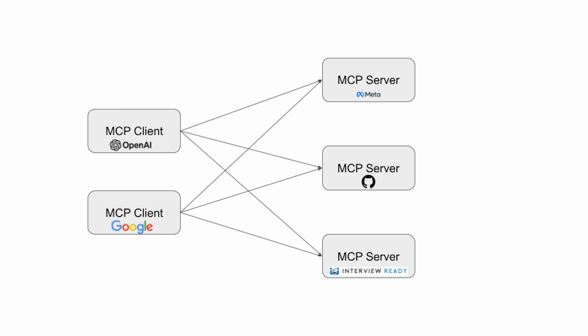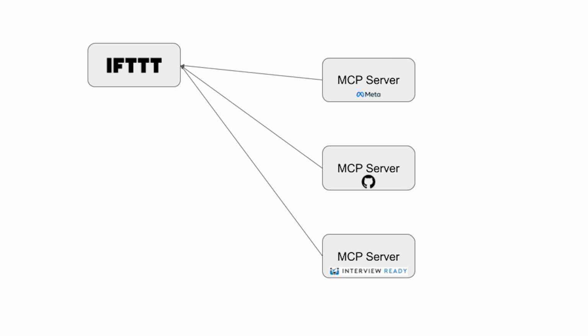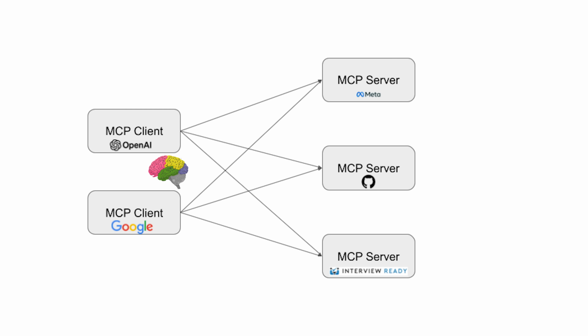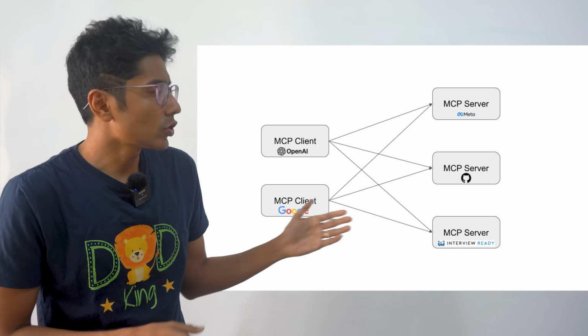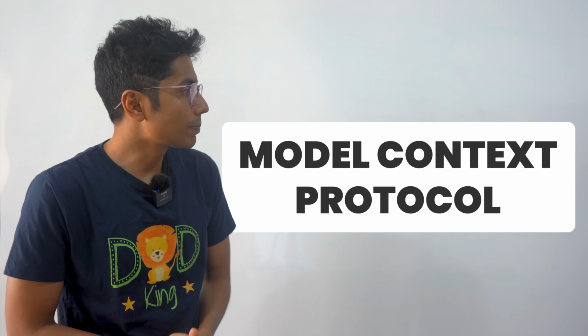This isn't a new concept. The unique thing about this is that you have some sort of intelligence here. A large language model can decide what to do based on the current situation. There was IFTTT, which used to allow you to take events from external systems and react to them. But LLMs are smarter than just if-else conditions. They can take the decision required in the given situation. Okay, so that's the most basic use case for MCP.